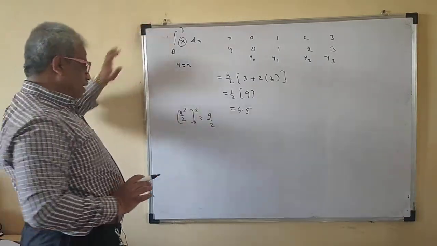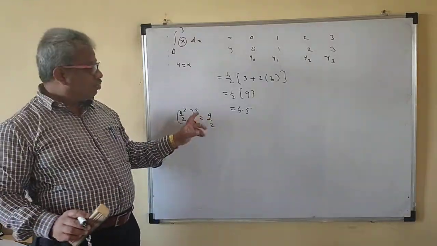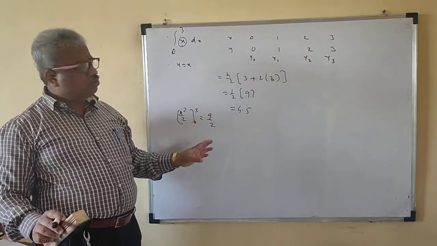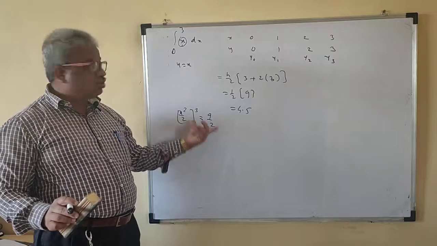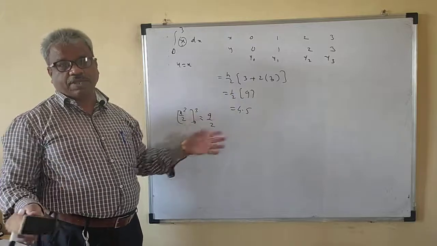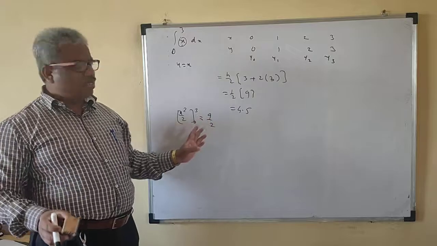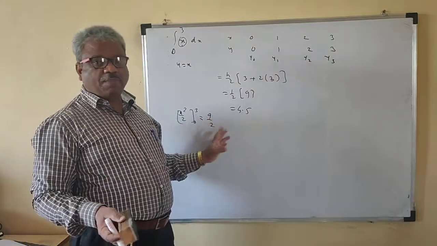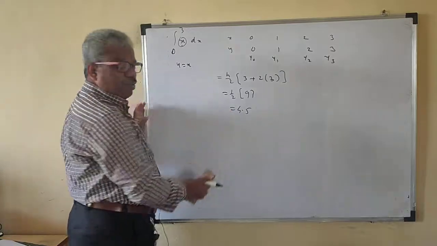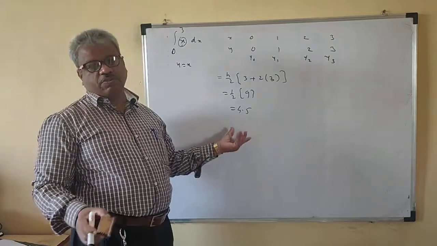Okay, for the direct answer, note that you should not write 9 by 2 directly here, because this is a numerical integration and there is an error. We get an approximate solution. This is the exact solution. If you directly integrate, we get the exact solution. So the exact solution and this may or may not be the same, because numerical analysis gives an approximate solution, not an exact solution. So don't write 9 by 2 directly. The 9 by 2 option will be there, and it may happen that the answer will not be 4.5.